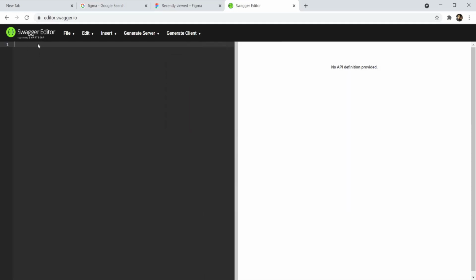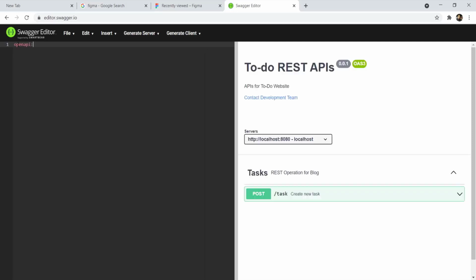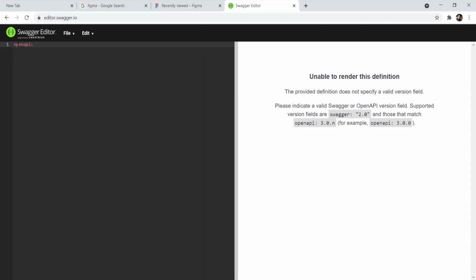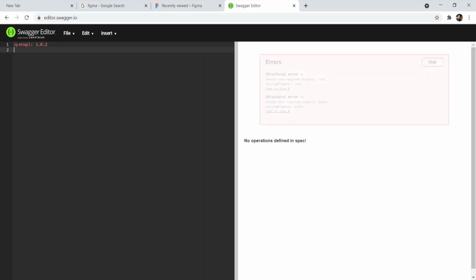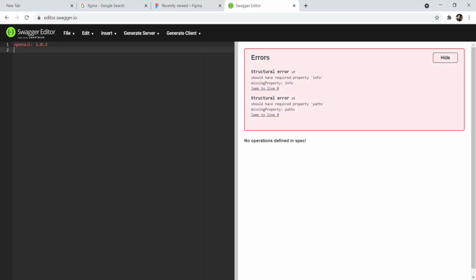To start with the OpenAPI specification, you can use any specification version. For example, I'm using OpenAPI 3.0.2, and you can use Swagger 2.0 also. It's up to you.